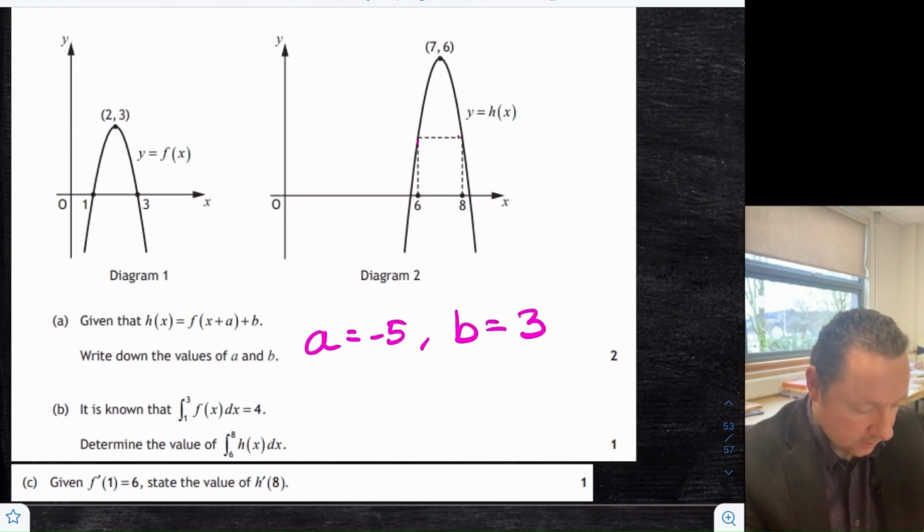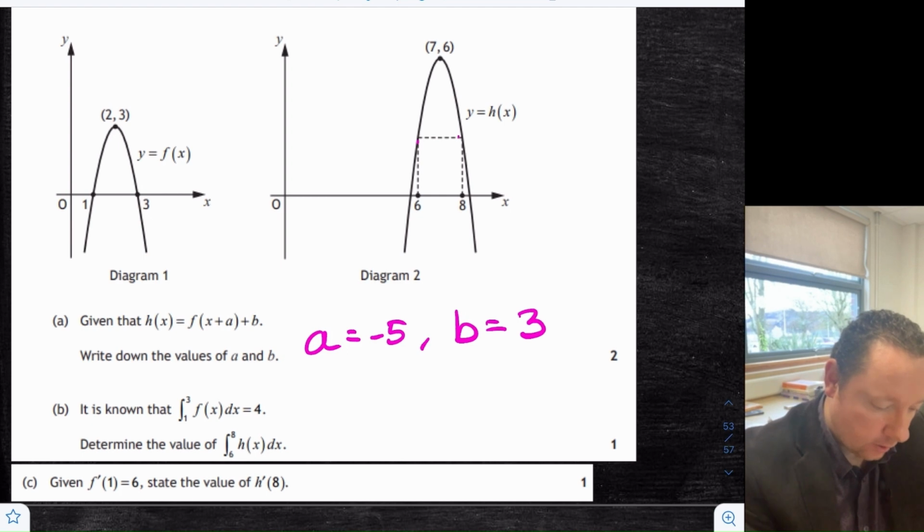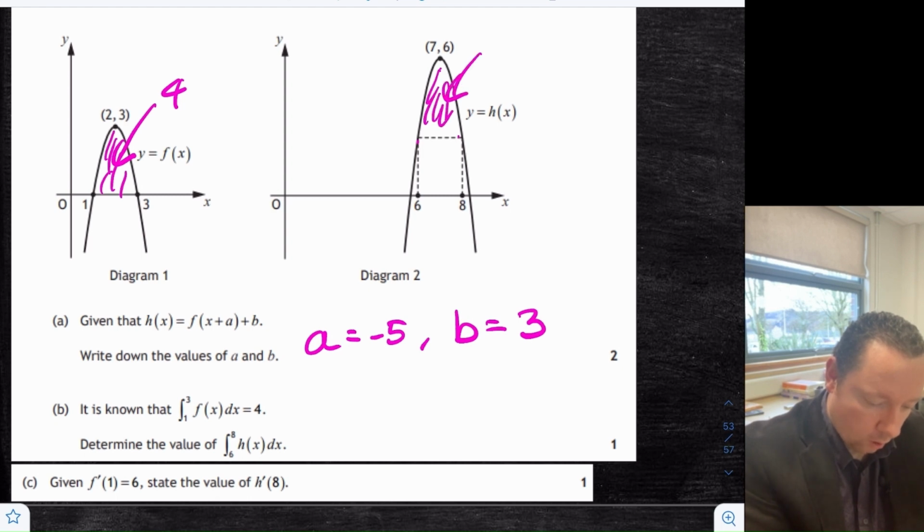So part B says it is known that the integral between 1 and 3 of f of x is 4. What is the value between 8 and 6 of h of x? Well, an integral means an area, so we know that the area under this bit here is 4. So that means over on this graph, since it's just moved up, this whole area here is also 4, and